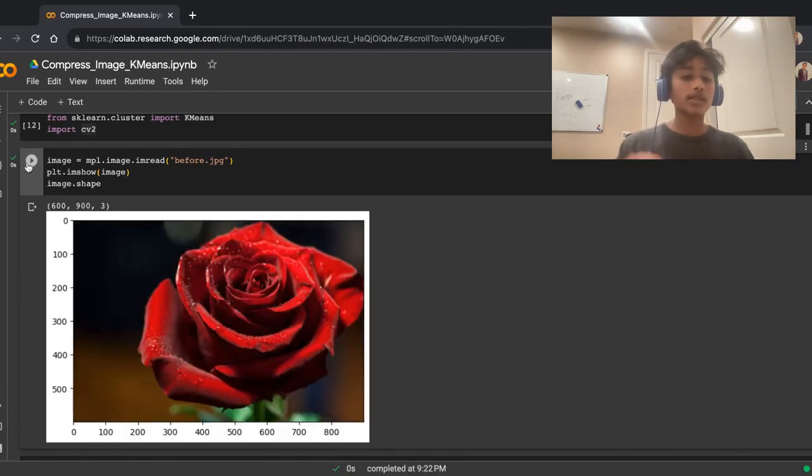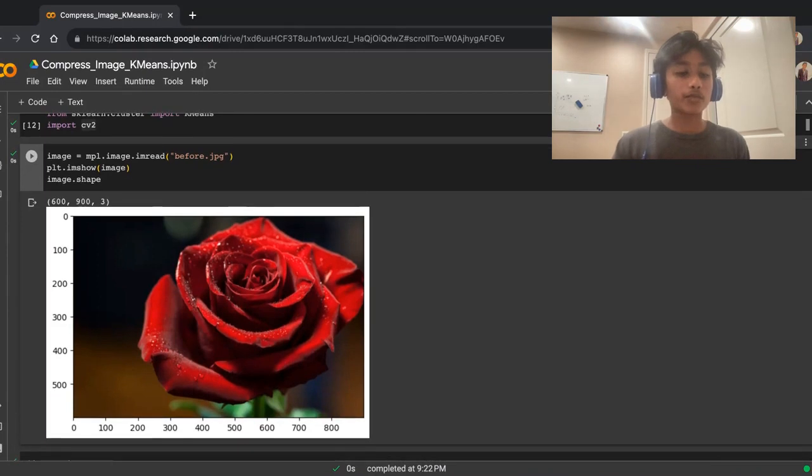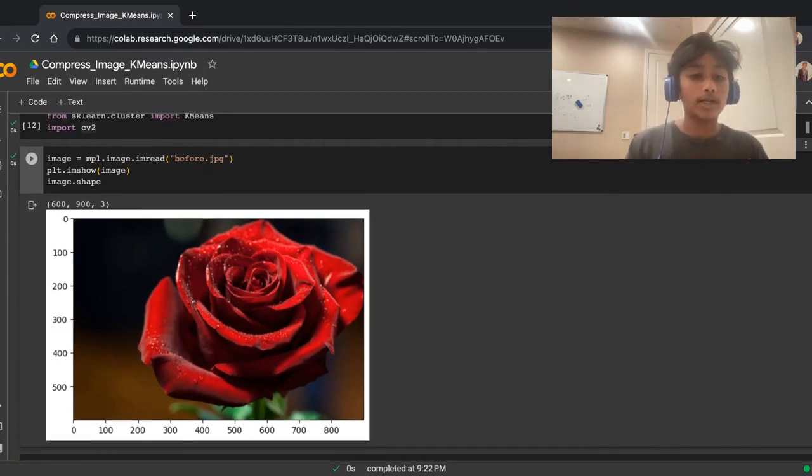So for example, let's say that we want to pass this rose into a supervised learning model, right? This image in particular doesn't have a lot of background noise, but we want to fine tune it so it has even less background noise, which can help our model learn better, right? So we can just read this image, and